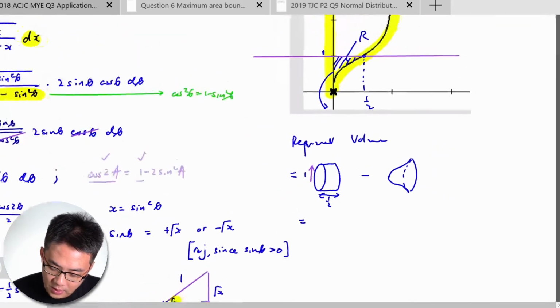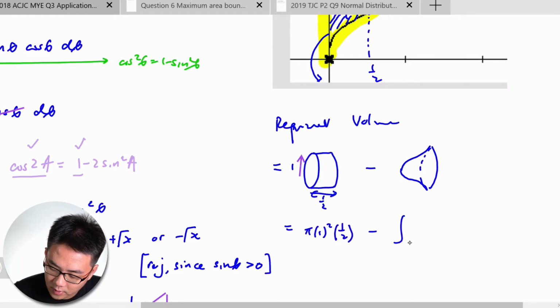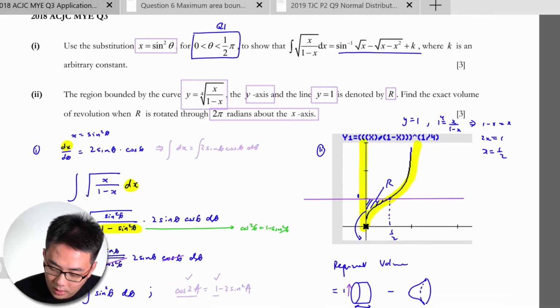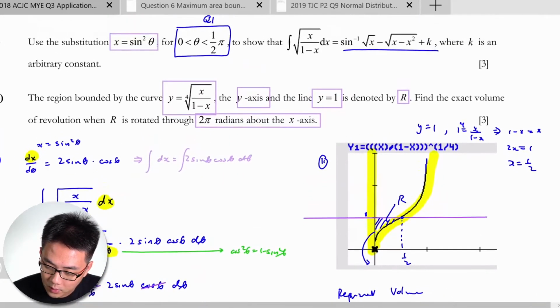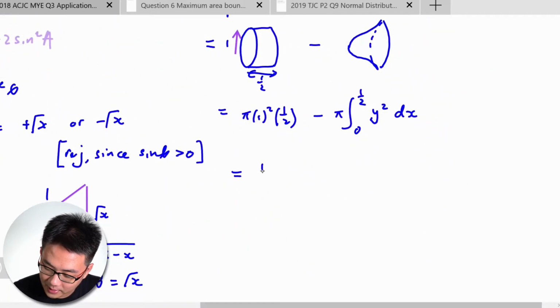So this will be actually pi r squared h minus the integral from 0 to half of y squared pi dx, right? So we need to find y squared. Y squared would just mean that you just square it. So this will be like pi,